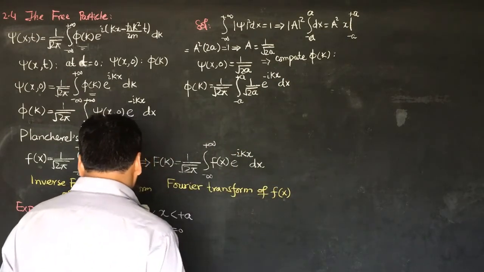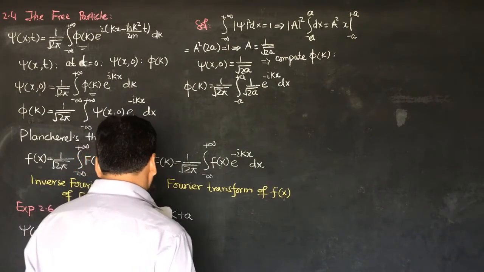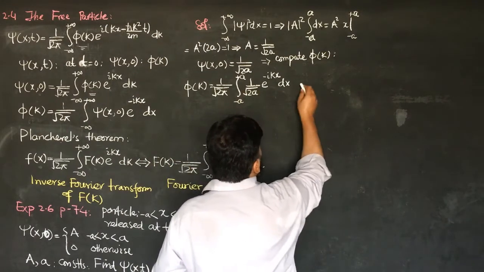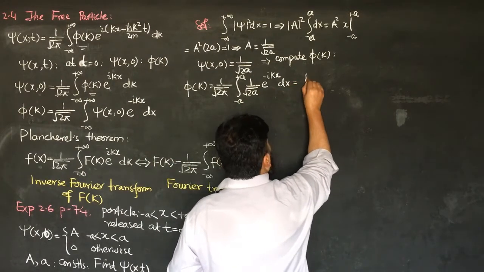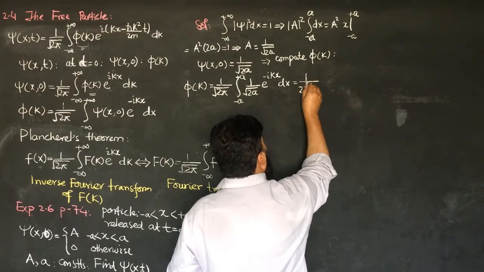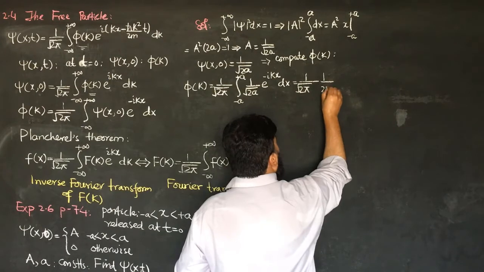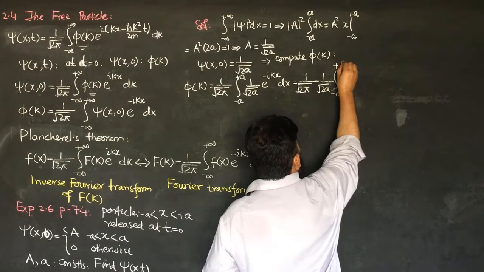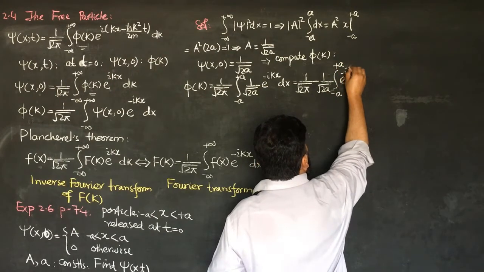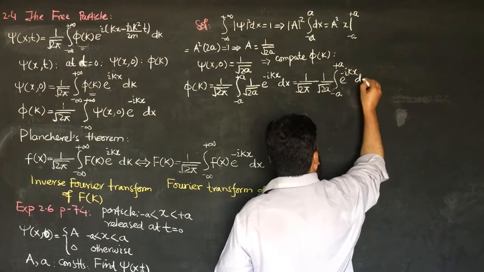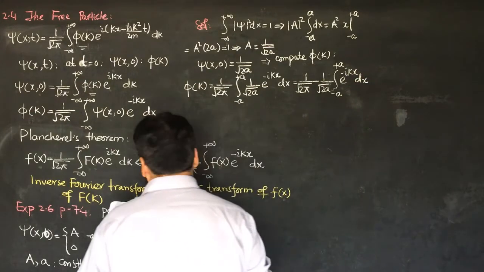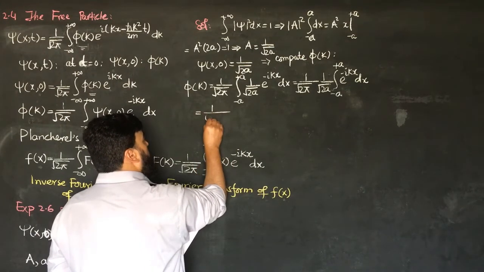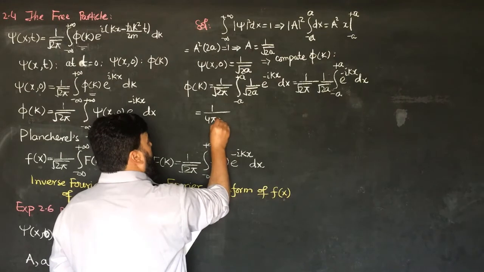So this will give us the value of phi of k. Now one more way, I can move it out, and this will be 1 over 2 pi and 1 over 2a, and integral from minus a to plus a, and e to the power minus i kx dx. Now I know the solution of this, that this is equal to 1 over 4 pi a,